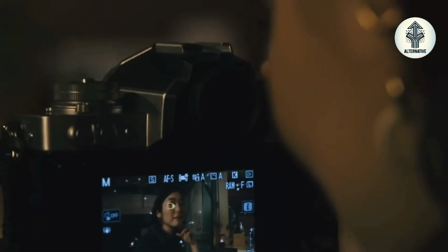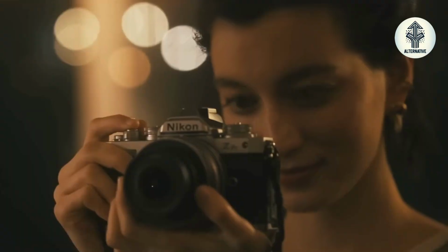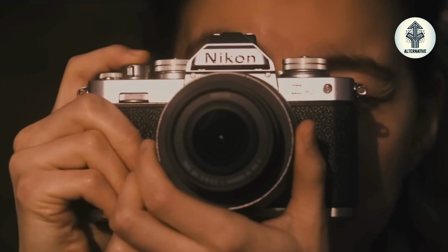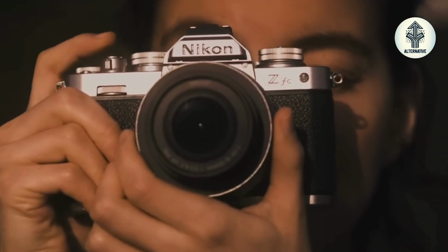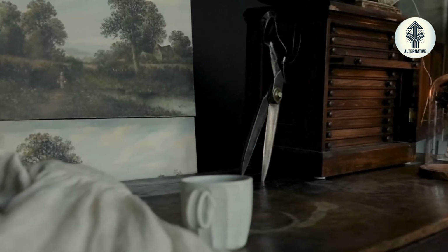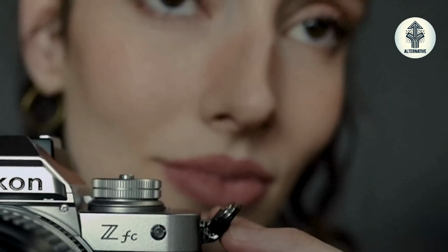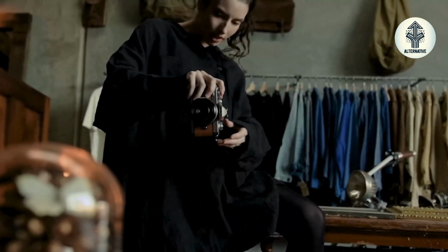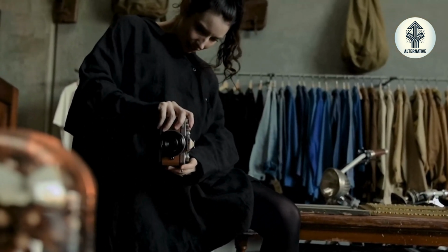For wedding photographers, the enhanced burst rate of 12 frames per second with full autofocus tracking means you'll never miss those crucial moments. The original ZFC's 11 frames per second was good, but this upgrade gives you that extra edge for capturing perfect timing in dynamic situations. The improved buffer capacity now allows for longer burst sequences, perfect for capturing those unpredictable wedding moments like the bouquet